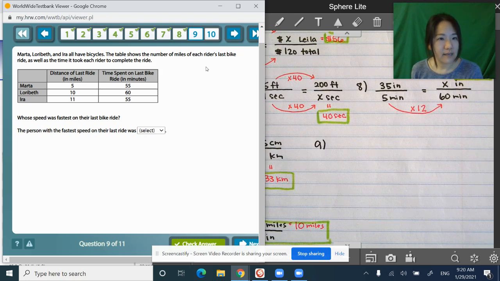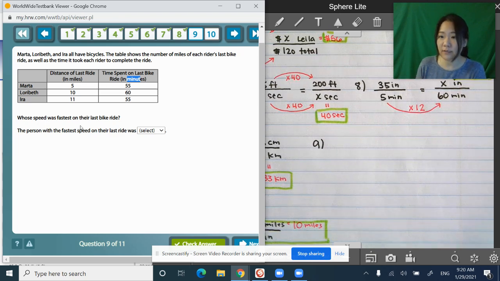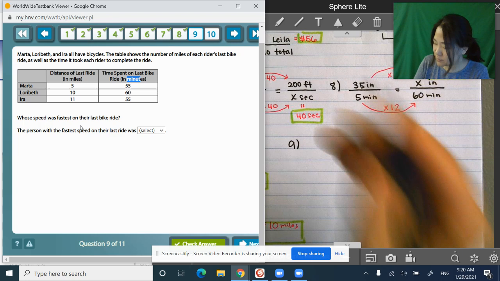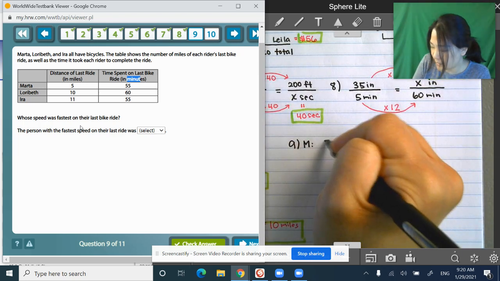Marta, Lori Beth, and Ira all have bicycles. The table shows the number of miles the person rides for each of these minutes. Whose speed was the fastest? So what I'm going to do is find the unit rate for all 3 of them. So here we go. First, Marta, I'm going to do 5 miles